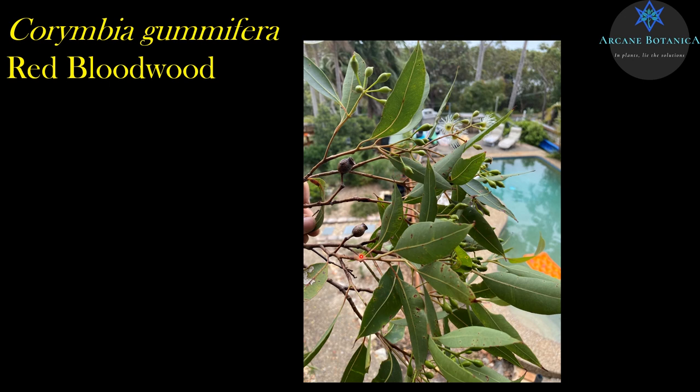Just note the totally alternate leaf arrangement. You should be looking at the leaves here and be able to tell that that's alternate. There's a leaf there. I can't see any opposite leaves anywhere on this. If you look at those two there on this branch, you can even look at this one coming out that way and this one coming out up here. Purely alternate leaves, much more alternate compared to something like Angophora costata.